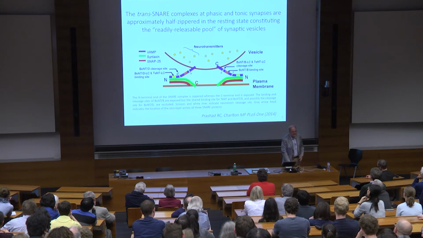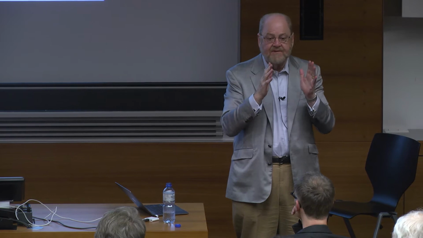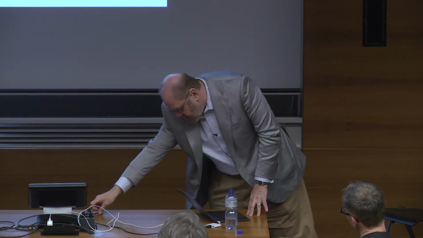So that helps explain the process, right? Because now it doesn't help us understand why these SNARE complexes don't complete their zippering. It doesn't help us understand that to fuse spontaneously. But it does help us understand how it can be as fast as it is, at least in part, because they're already half of the assembly of the SNARE complex. What is in fact the slowest part among isolated SNAREs is already done. It's already complete. So we only have to complete the zippering. Hope that's clear. But this leaves open quite a number of questions.